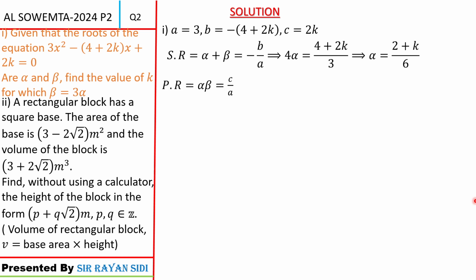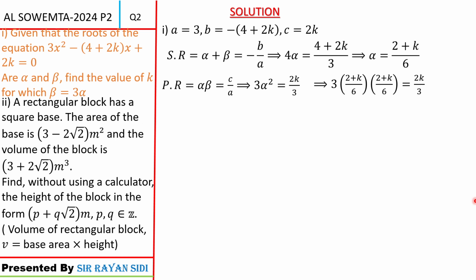Now product of roots, alpha beta equals c over a, which means 3 alpha squared, because beta equals 3 alpha. 3 alpha times alpha is 3 alpha squared, equals 2k over 3. Now you replace the value of alpha into that equation, and alpha here is squared, so you get 3 into (2 plus k) over 6 into (2 plus k) over 6 equals